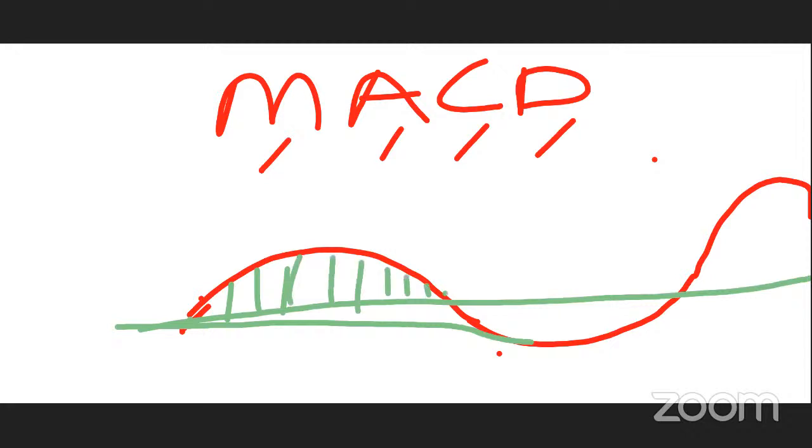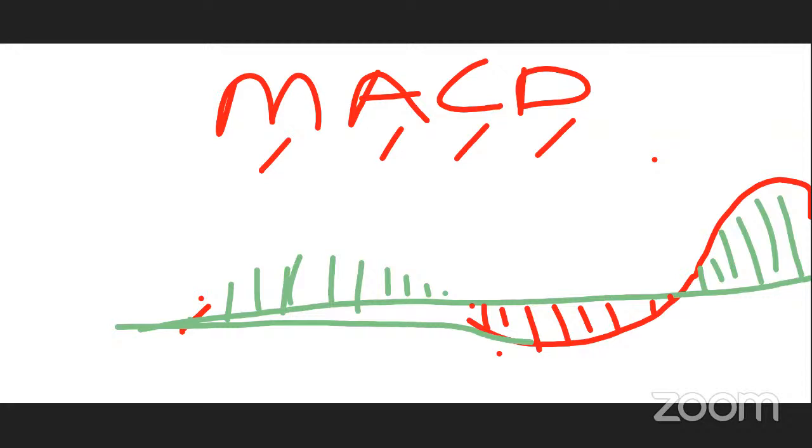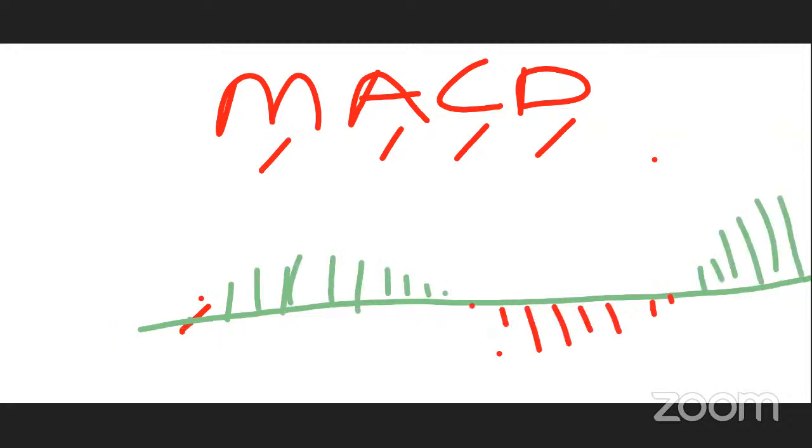Now when it reaches here, guys, pay close attention because this is where the business is. When it reaches here, it starts forming red histograms like this. Then when it reaches here, it starts forming green histograms. Now, if I remove this line I've drawn above, this is what you will see. I'm not a perfect drawer because I'm using my fingers. These will be the green histograms, and these downs will be the red histograms.